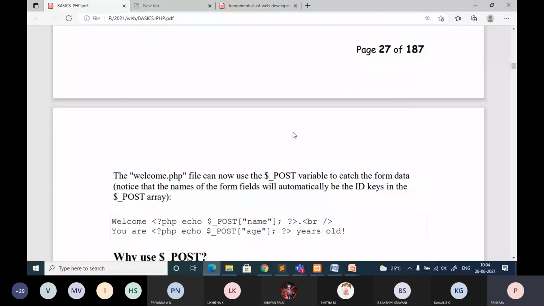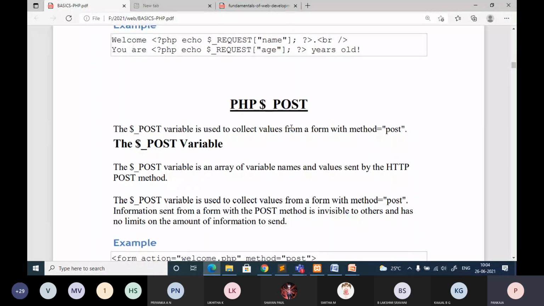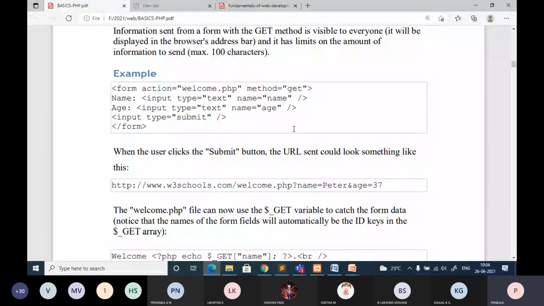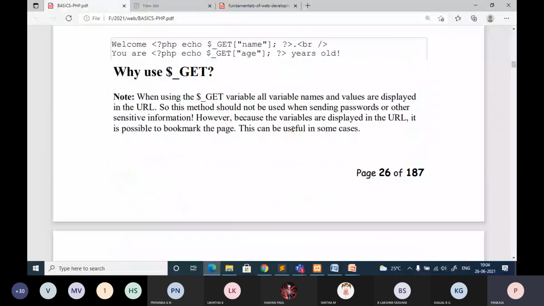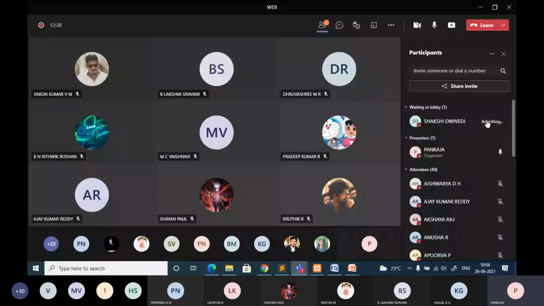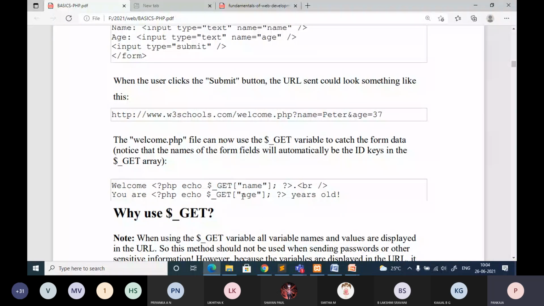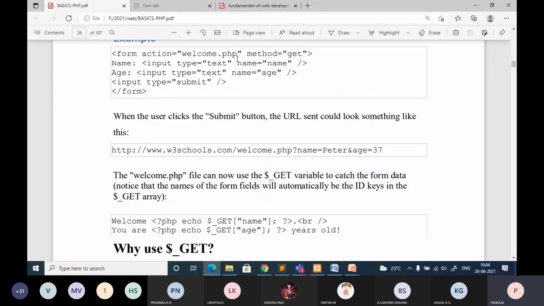By this time everybody is clear with $_POST and $_GET, no? When you have to go for $_GET and when you have to go for $_POST, and what are the advantages of each? You should be able to write a program for this, where you create a form and specify the method.